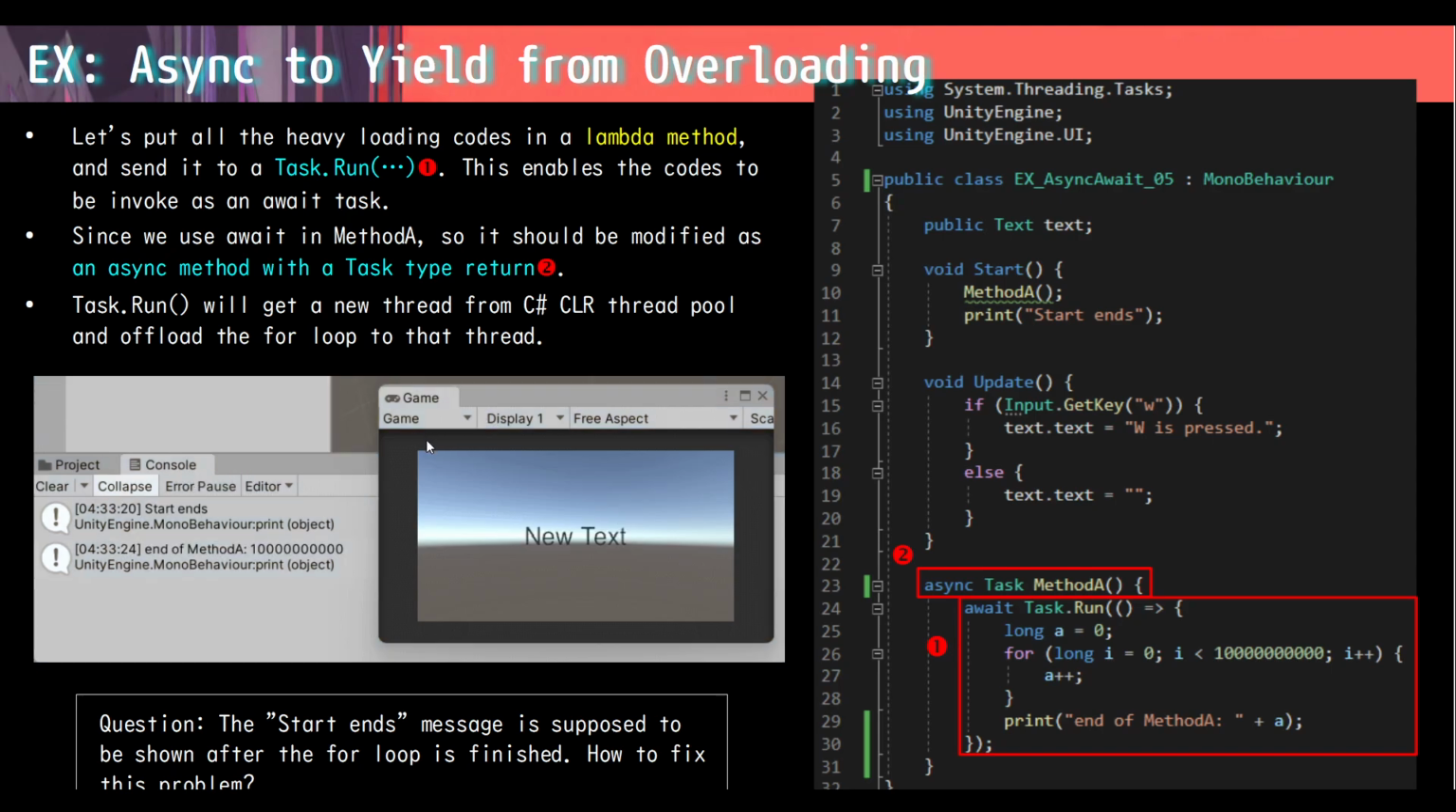When you play the game, it shows start ends very quickly, and you can control your W key. And after some period, you will see the huge number is printed out. I don't like it. Mr. Fu, I just like the start ends to be printed after the loop is finished. How to do that? Well, again,